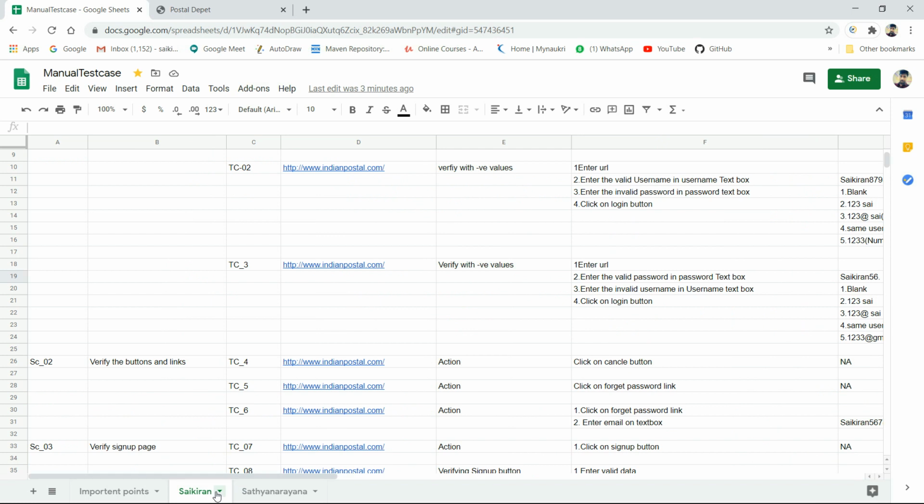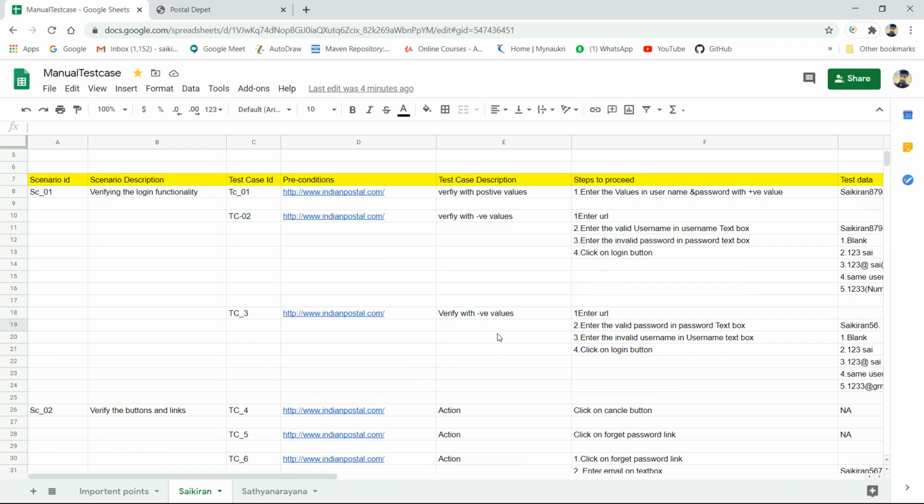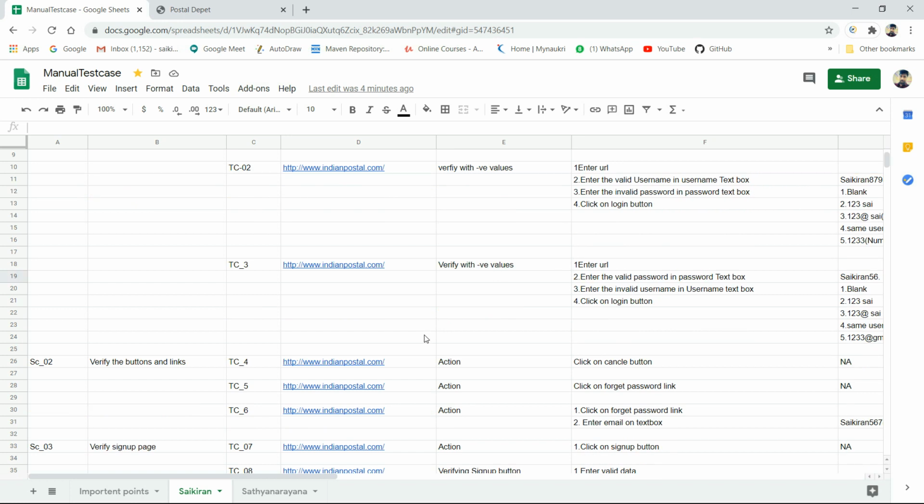Like this we will write test scenarios and test cases, and with the help of test scenarios we validate the functionality of an application, and they need less time to write. Test scenarios we can write within a short time, whereas test cases take a lot of time. To write this scenario it takes very little time, but this test case takes a lot of time. So there is a major difference between test scenarios and test cases.